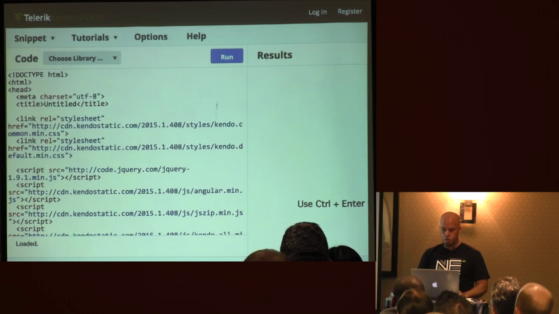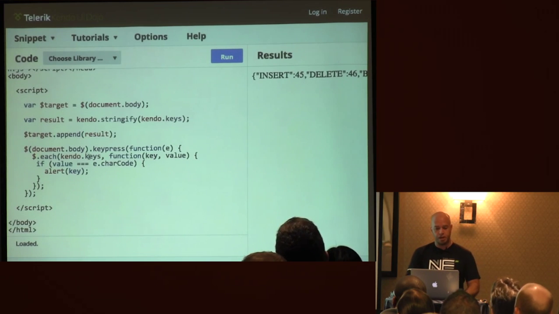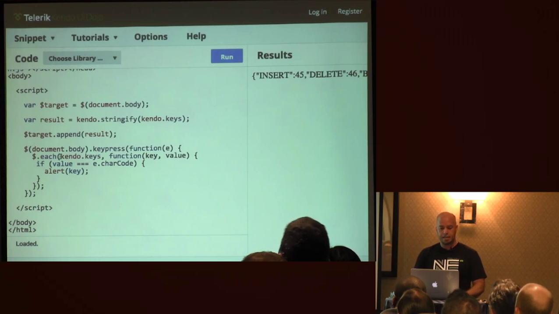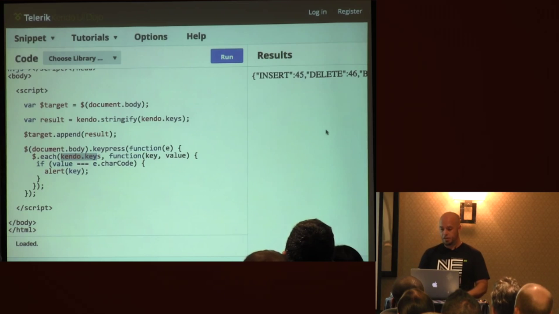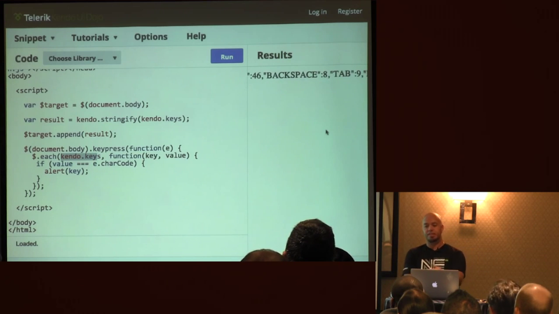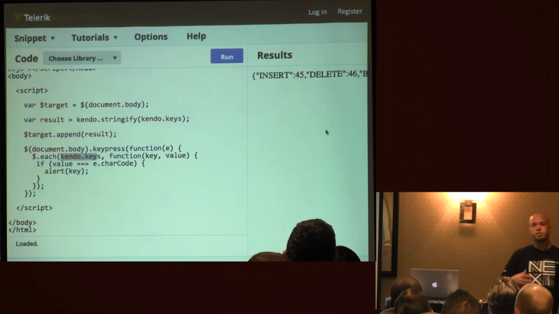Collapse the splitter? Nope. So I'm going to go ahead and run this, and basically what it's doing is it's iterating through this kendo.keys object right here. You can see this here. And it's spitting out each one of the values that's on this object. And if you see over here on the side, you can see insert is 45, delete's 46, backspace is 8, tab is 9. Now, the way that you use this is when you're trying to listen for key presses in the browser,